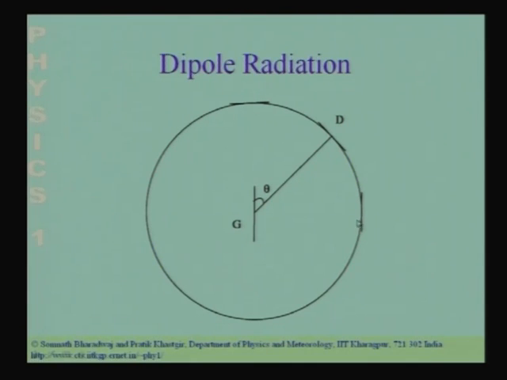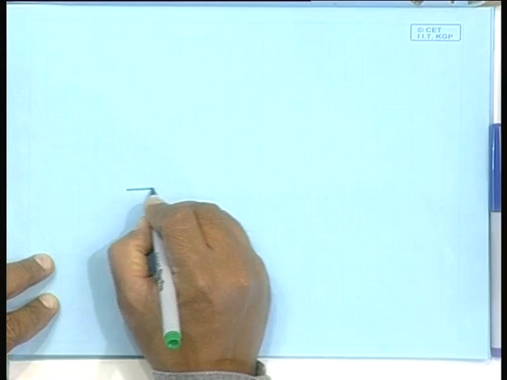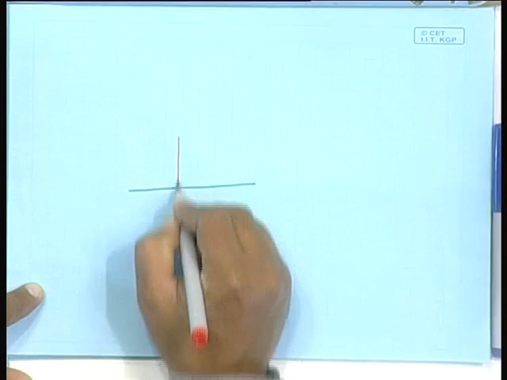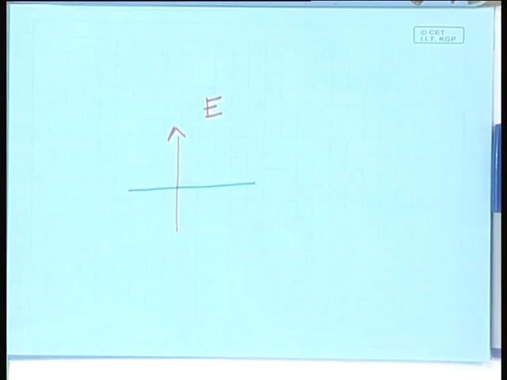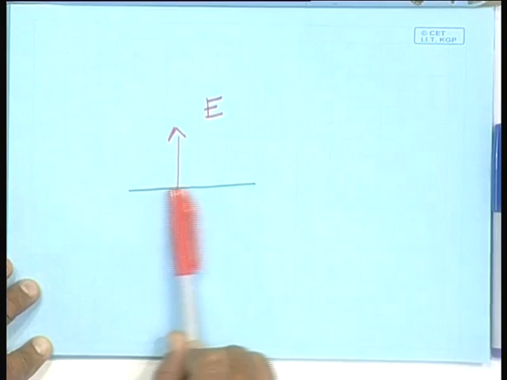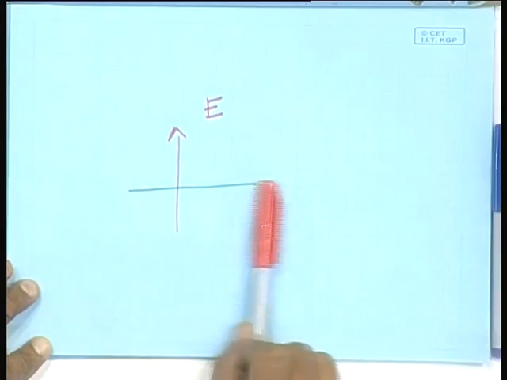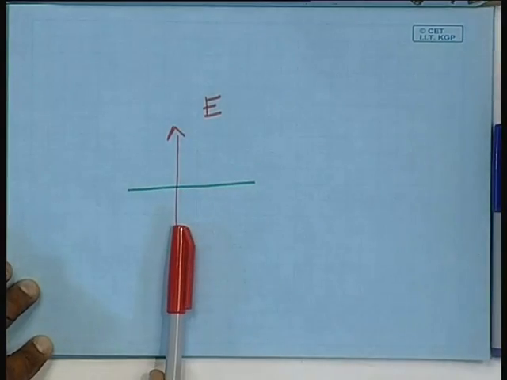Another important point is, if instead of putting the dipole in this direction, I were to put the dipole in the direction which is perpendicular to the electric field, so if I put the dipole like this and the electric field oscillates this way, then this electric field will not produce any voltage difference across this dipole, and this detector will not be able to detect this electric field.